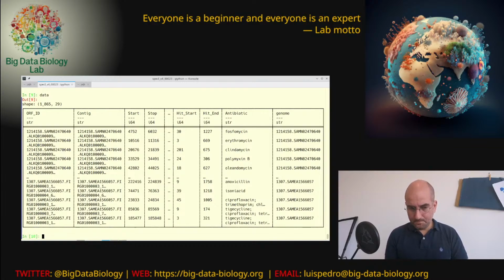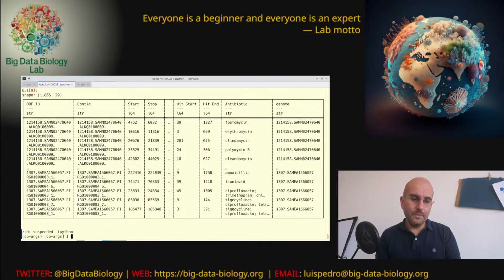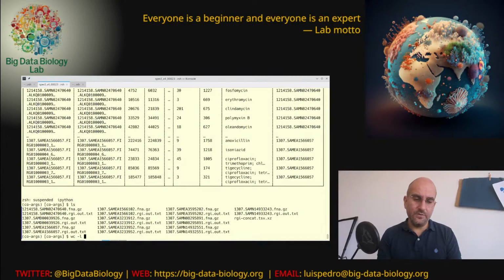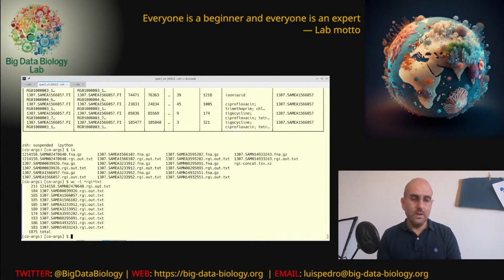And so, just as a sanity check, first I did this. Just looking at how much is reported by RGI, you can see this 1307, 184, 185, 185, 185, let's ignore those, 186, 183. So it seems to have 185 genes, except that maybe some assemblies are a little bit incomplete.